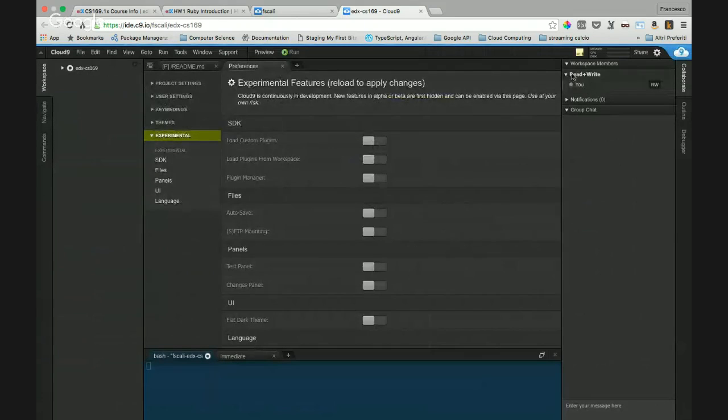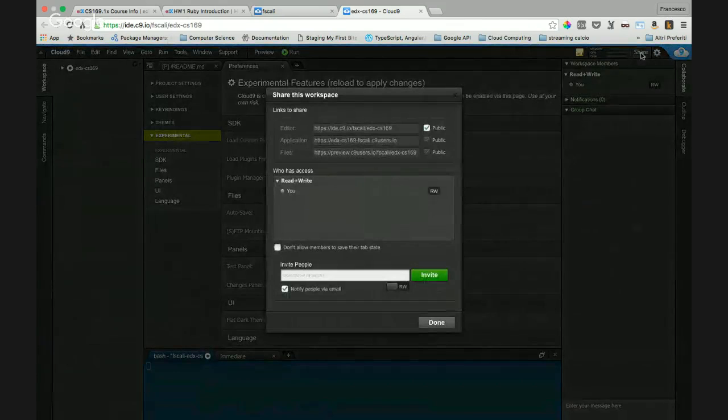Okay, so here there is the share button. Can you give me your email or your username in Cloud9? I'll write my email in the chat.